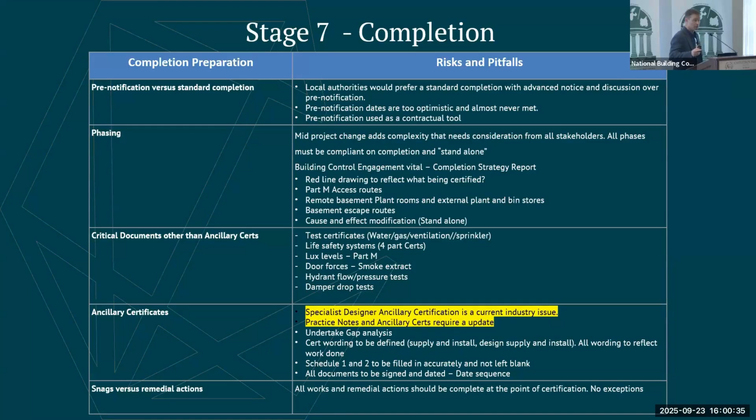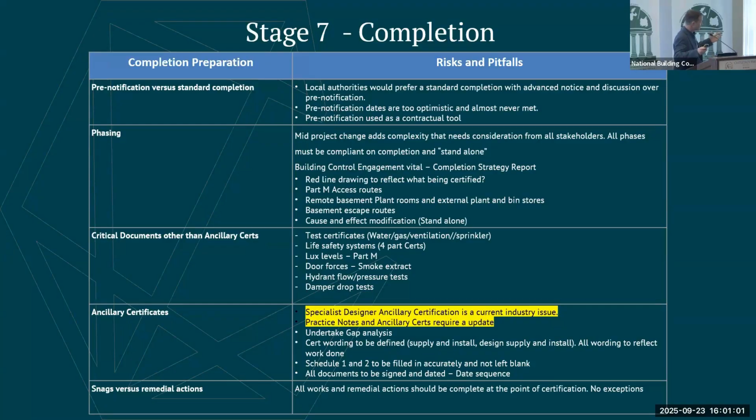Cause and effect as well is something to consider. If you hadn't anticipated phasing a building early on, you would have a cause and effect document which explained what happened when the fire alarm went off. You're now cutting a section of that building off for the phase 1 completion. You need to make sure that cause and effect is still valid. It probably will need to be amended. It needs to be a standalone document, again, specific to a phase. In terms of critical documents,